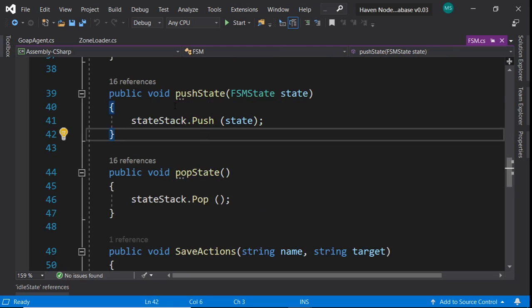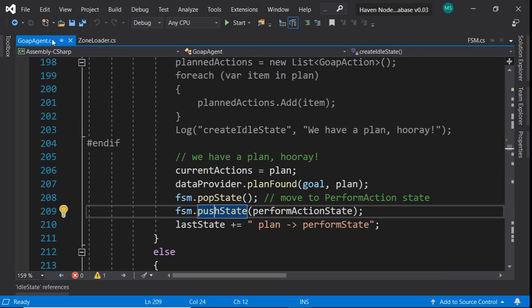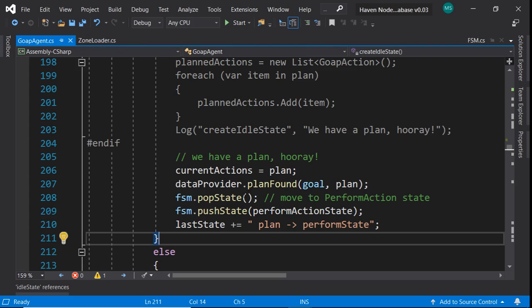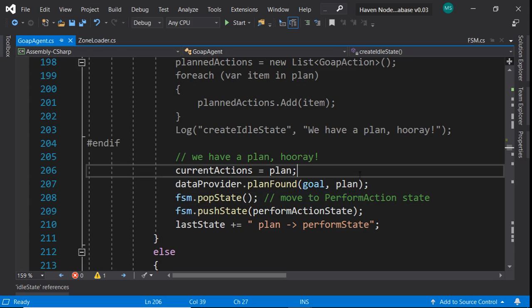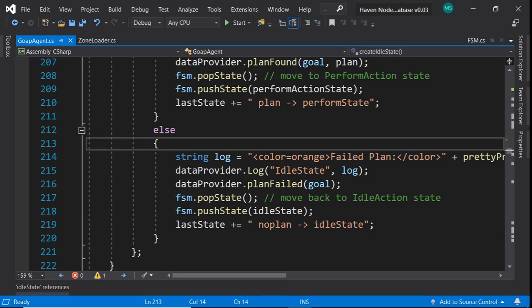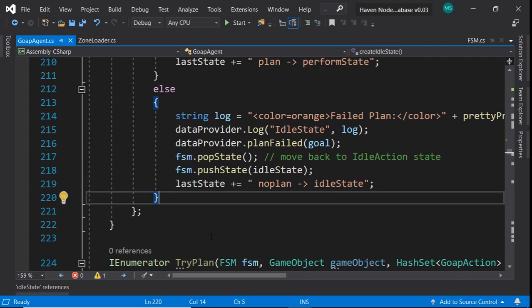These are kind of hard to look at, so it's hard to think about, oh, hey, now we're trying to move to the perform action state, or we're trying to move to a different state. So these get a little bit complicated, but they're really nice in the stack that the